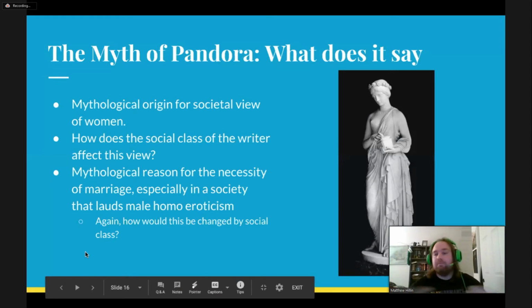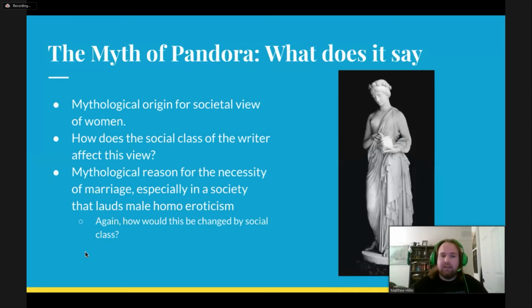Yeah, so kind of what we talked about already. Just think about, when you're doing close readings, how different texts speak to us about the society, about social class, about social conventions, things like that. All right, I will pass it on over to Colin.